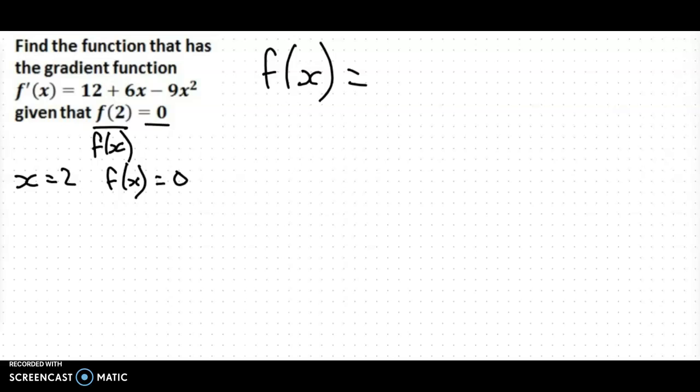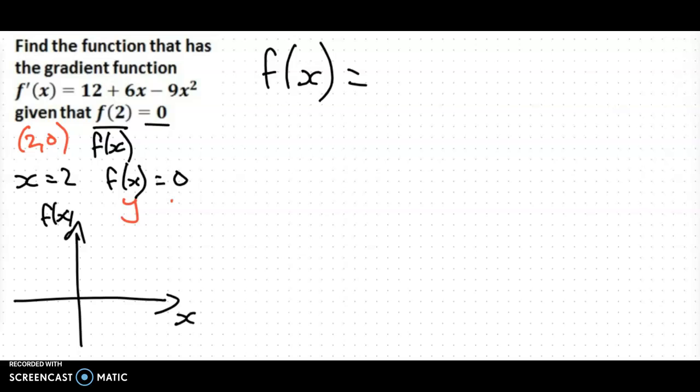So in a way, f x is like y. You can think of it like a set of coordinates, where instead of having y there, you put f x, you put the function there. So when x is 2, y is 0. Oh, that actually is right there, right? When x is 2, y is 0. So we're doing the exact same thing. So let's